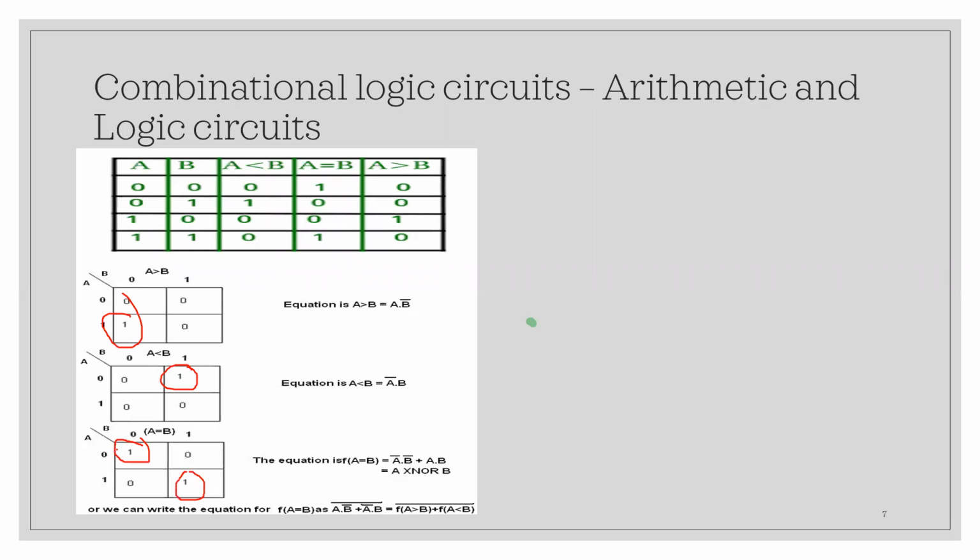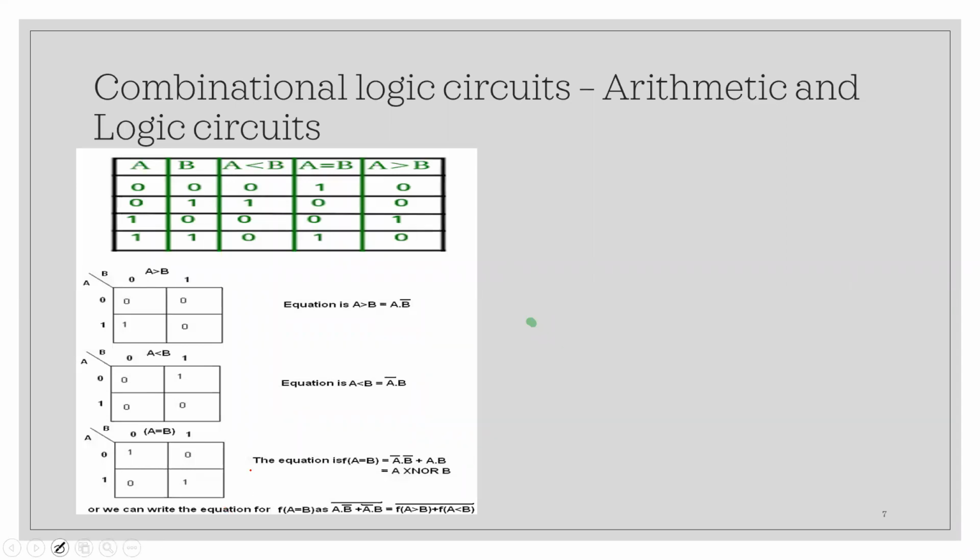I cannot club like this. If you remember, I can do clubbing like this, like this. I can map it in this form, or I can map like this, provided that both the rows are identical, and depending on whether you are clubbing 1 or 0, the expression changes. But the end result will be the same.